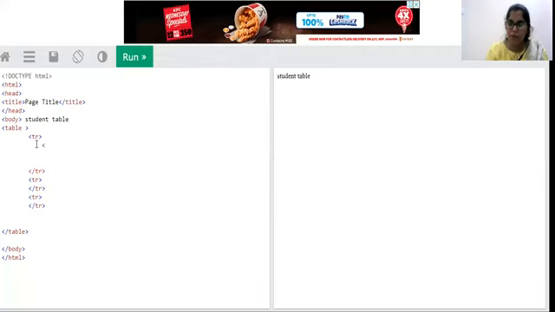So to mention the headings, we are going to use the tag TH. And I'm going to take serial number of the student as one heading, and name of the student as the second one. And I'm going to take their marks, the third one. So this is how we can create headings.